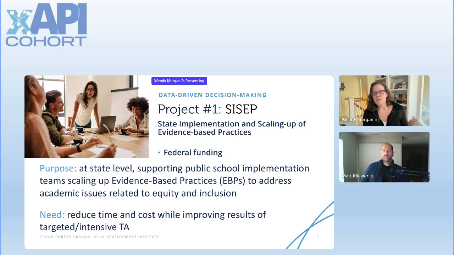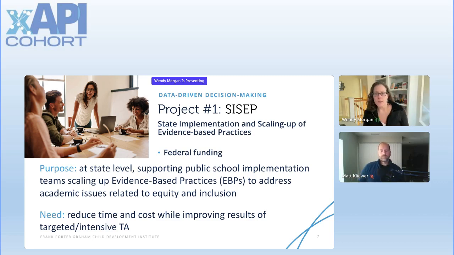So reducing a racial achievement gap for math instruction, or making sure that students with disabilities can reach their reading goals by 3rd grade. So it's an equity and inclusion focused support to public schools at the state level.